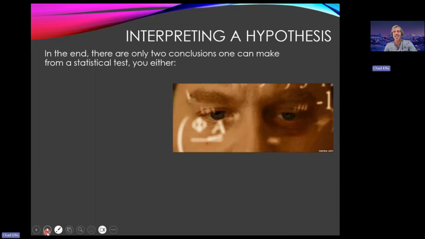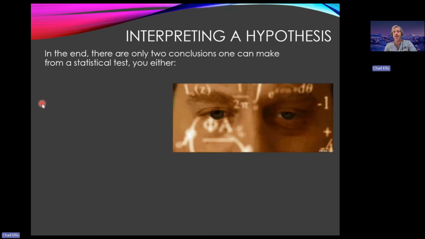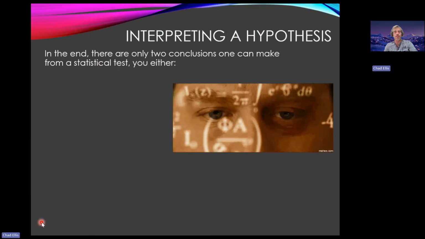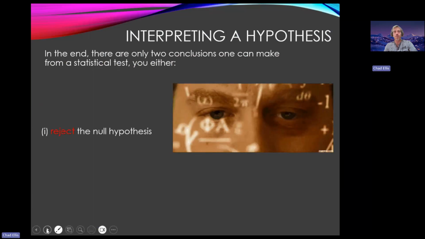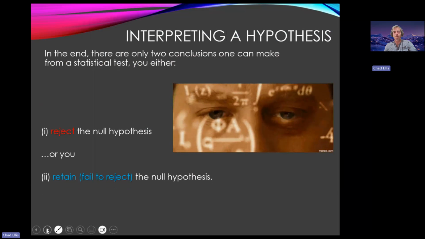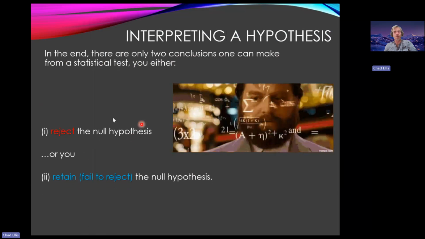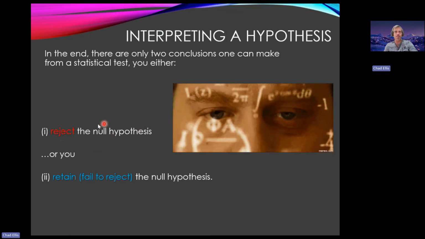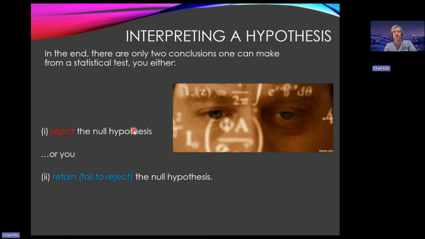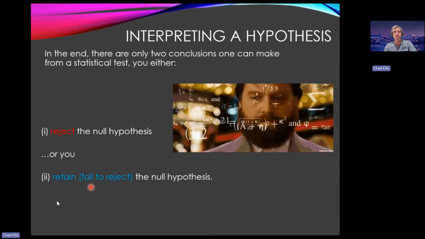So really, in the end, there are only two conclusions that you can make by the outcome of your statistical test. You can either reject the null hypothesis, or you retain or fail to reject the null hypothesis. So you have to do either one of these. You can't do both. You can't do none of them. You either reject the null hypothesis and go with the alternative hypothesis, or you retain, aka fail to reject the